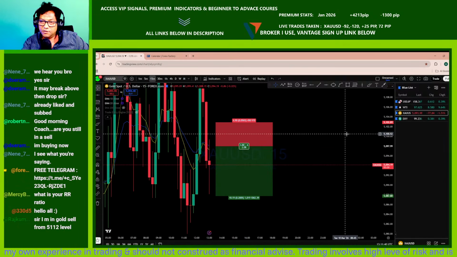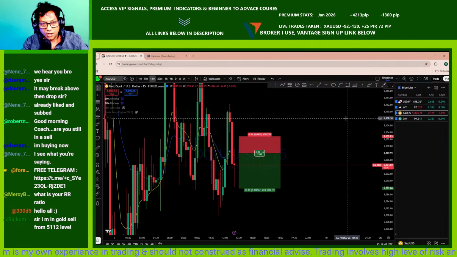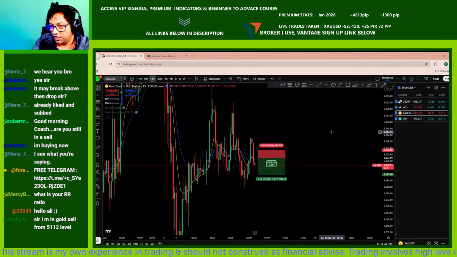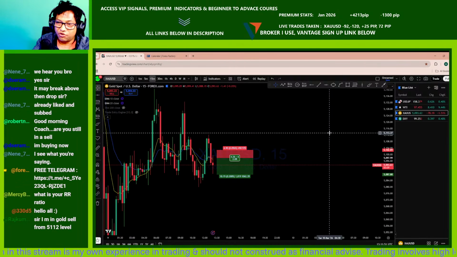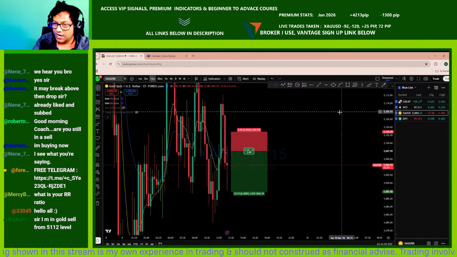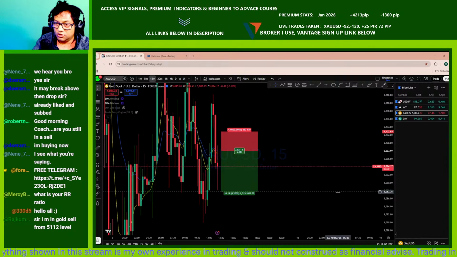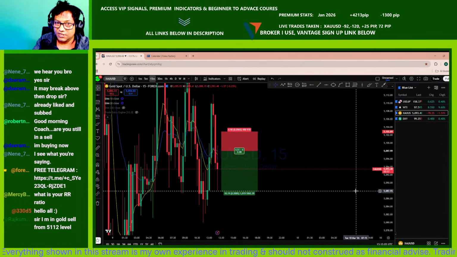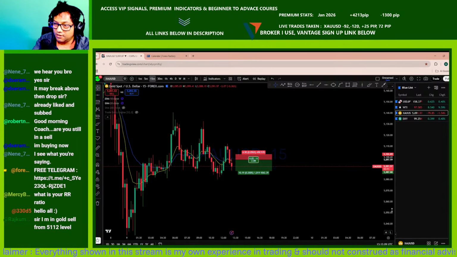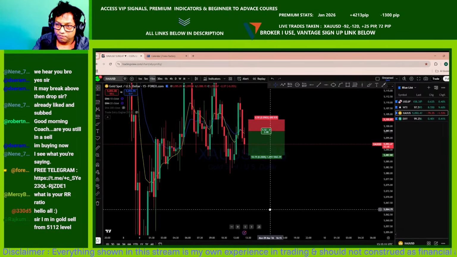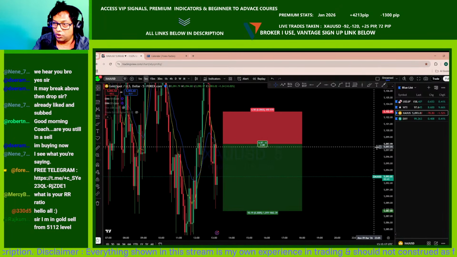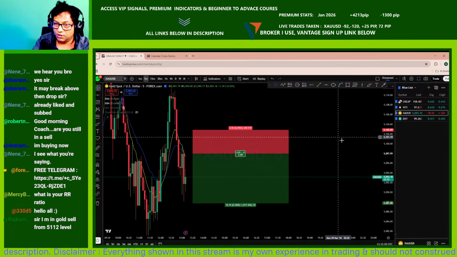The market sometimes takes a lot of time to eventually break out from the consolidation and then trend. That's why the market trends only 30% of the time. 70% of the time the market moves entirely sideways or in a consolidation. So if you look at here, it's just going up and down, up and down. Finally, we can see that it's preparing for a breakout. So if it breaks out here, that might bring the market here. All right, as there is a significant downtrend showing up, you might see the market eventually cross that.